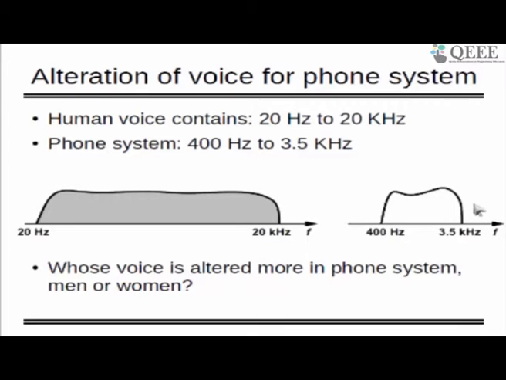Just look at this. My phone system has a limitation till 3.5 kilohertz. What will happen if I speak above 3.5 kilohertz, or who can speak that? You can think about it, or who can speak below 400 hertz, right? Because the spectrum is big, and where it is going, it is actually narrow. So what will happen to the other signal? Will it become zero? It will become altered, or what are you going to hear, right? So you think about it.